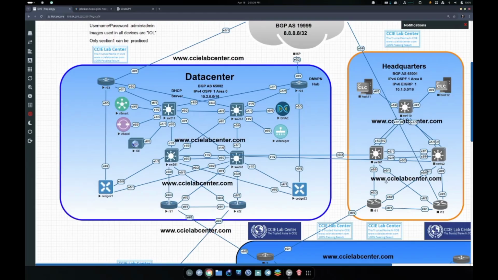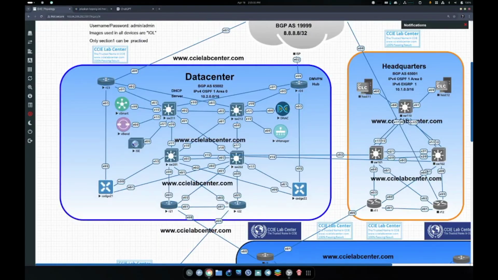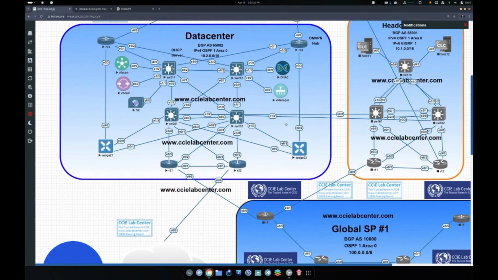We will define the SLA class, set the thresholds for loss, latency and jitter, and apply it on the public path, for example for video calls dropping. Let's verify with show sdwan control connections on the edge router, which shows we have a session with vSmart. Everything is green on the dashboard.